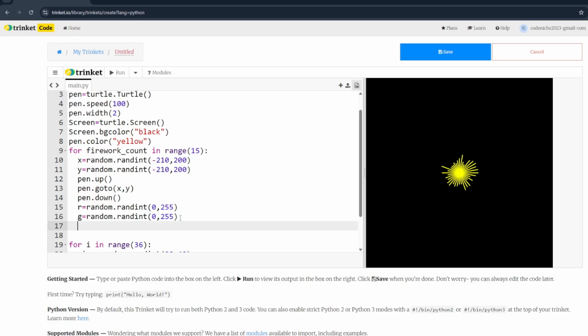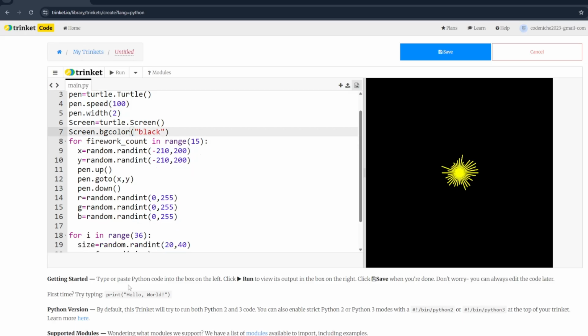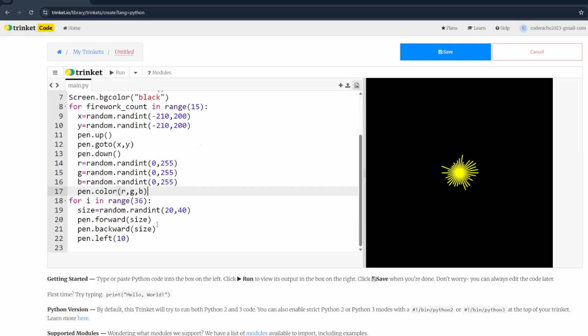And we are going to combine all these 3 colors. So for that, we are creating 3 different variables. Once we have it, we can copy this code or maybe delete this one from here, come here and paste it here. Now I'm not going to give the color static yellow. No, it can be a combination of R, G, B. Now we will have the combination of 3 colors together. Now, this is only to repeat the line of code, and these lines of code will only work once we are set to draw the firework.